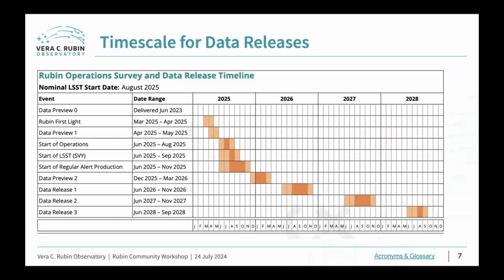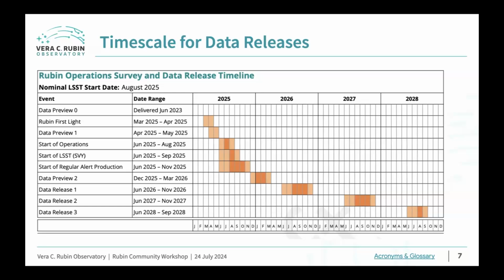We're putting these data previews out both so that we can test our systems in advance of operations, but also so that the community can start to work with this data and our services that serve these data and give us feedback, so that we can take that feedback into account in advance of operations. Then we'll go into operations around the middle of next year, roughly this time next year. Alert production will ramp up around the same time. Data Preview 2 will come out towards the end of next year, or earlier the following year. And then Data Release 1, roughly about 6 months after that.